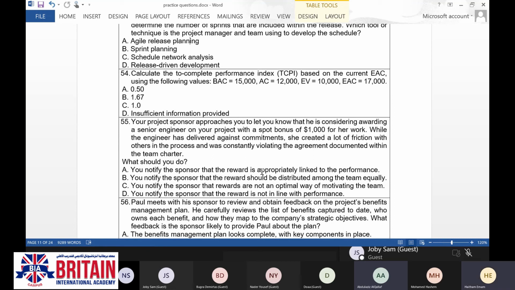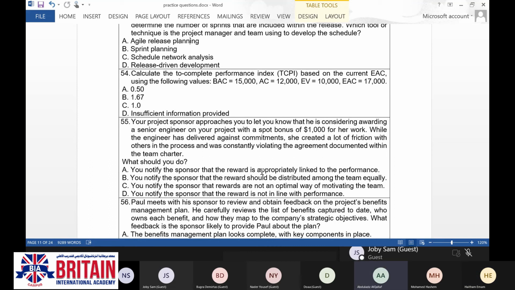Here, what I understand from the question is that there is a problem with the rewarding and recognition system. It's clear that the engineer is disappointed with the rewarding and recognition system. So what should I do? A, you notify the sponsor that the reward is appropriately linked to the performance. No. B, you notify the sponsor that the reward should be distributed among the team equally.